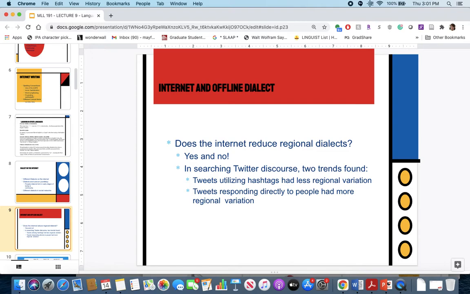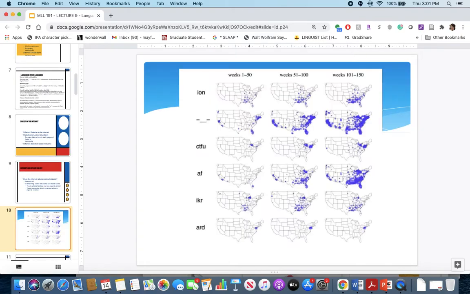So, in a tweet, you're less likely to say y'all, right? Because you probably don't want to index yourself as Southern unless you're branding yourself in a certain way. But if you were to respond to someone and y'all is something that's very natural for you, then you would use that kind of discourse. So they found with the study and using hashtags, you're able to index this kind of professional social media self, your Twitter self, and it had less regional variation versus if you were just responding to someone very informally.